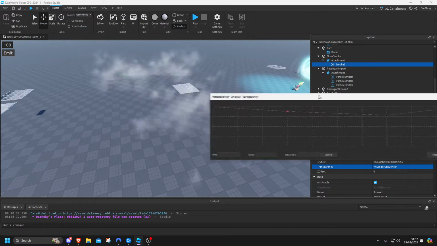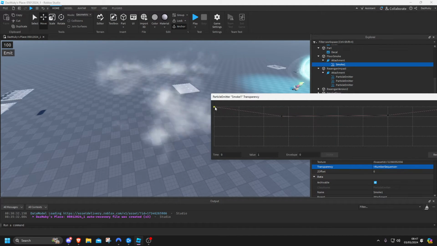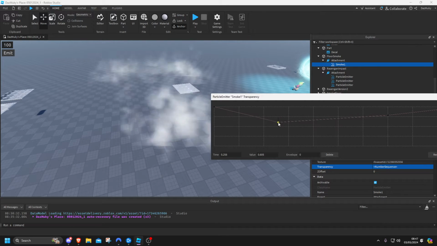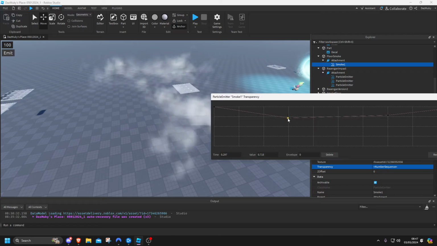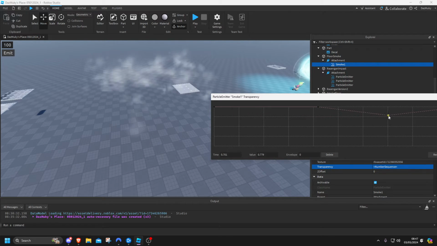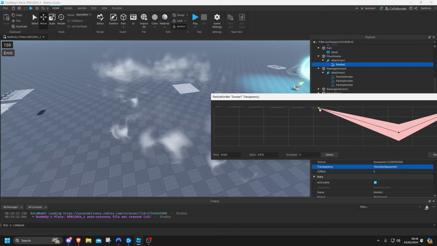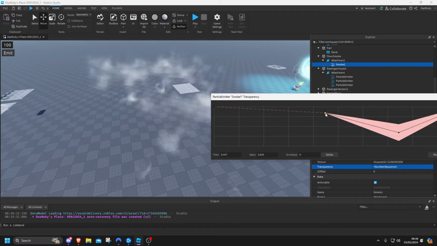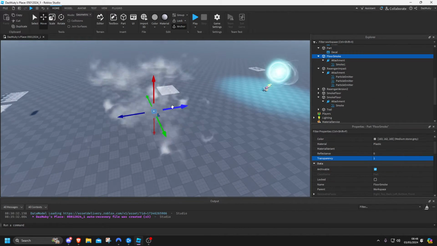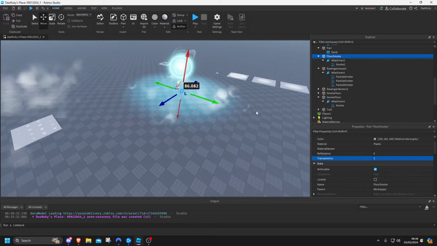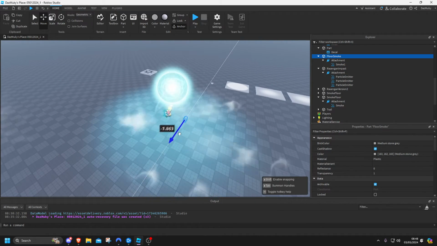Let's see here, so we can do something with the transparency just like I did before. Controlling the transparency really does change how it behaves. You can give it an envelope as well, just to give it more of an offset. So you can make it not spawn in until much later and fade it in like so, something like that. Not really too sure how this is going to turn out, but that's how I went about doing the smoke